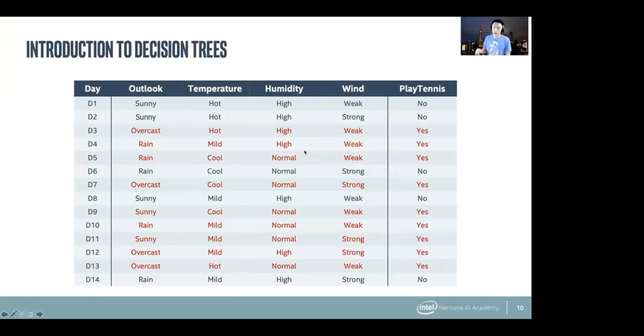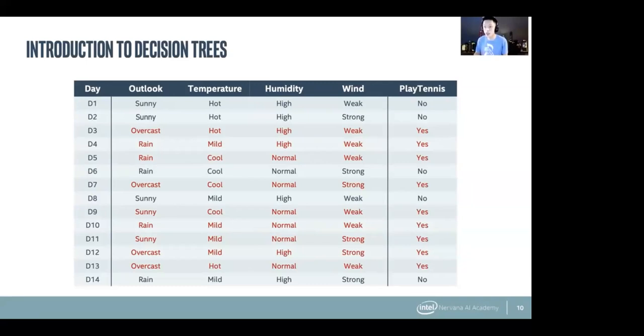So the decision tree is a very natural way of thinking, right? This might be the way that you think about things in your daily life. For example, if you're trying to decide whether to wear a raincoat outside, does anyone want to propose a decision tree for that problem? Like, how would you determine whether you want to wear a raincoat outside? Anyone want to unmute and share? If it's raining, wear a raincoat. If rainy. Yeah, right. If it's raining, you wear a raincoat.